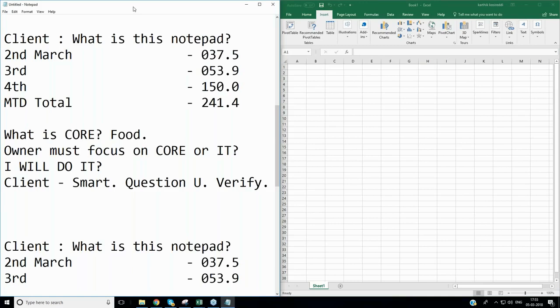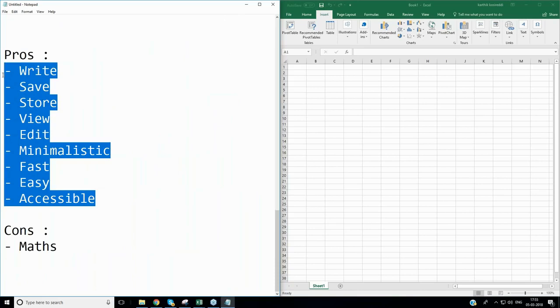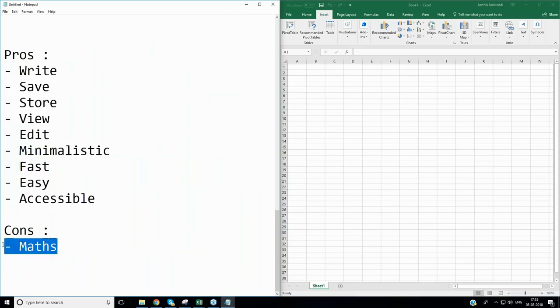And right now is your first migration from one tool to the other. I'm using one thing, it is serving me an X purpose, but it is defeating me in Y need. Now you're saying, thank you, Notepad. I want to explore other tools. And you're going to Microsoft Excel.